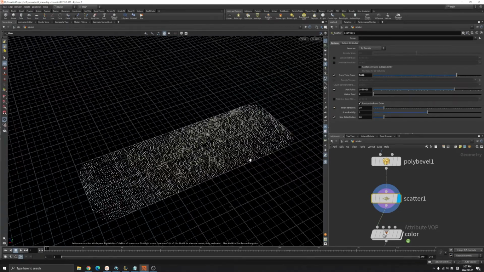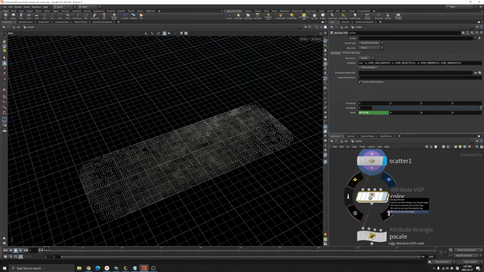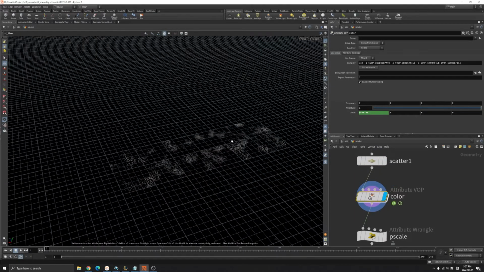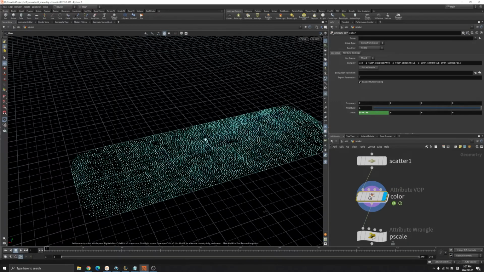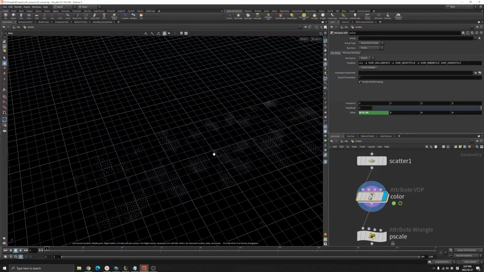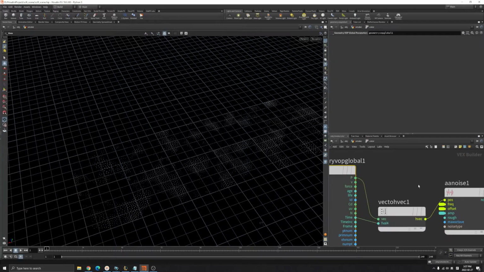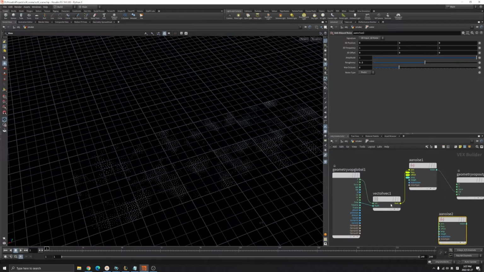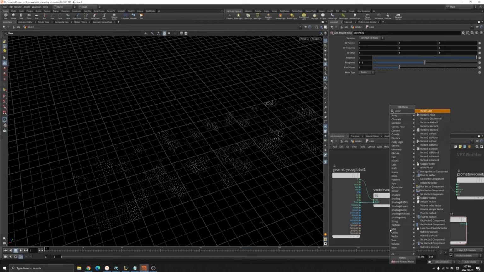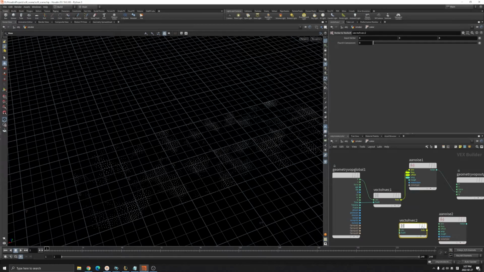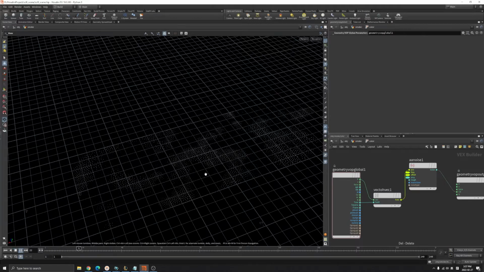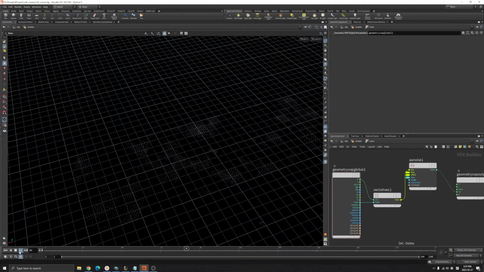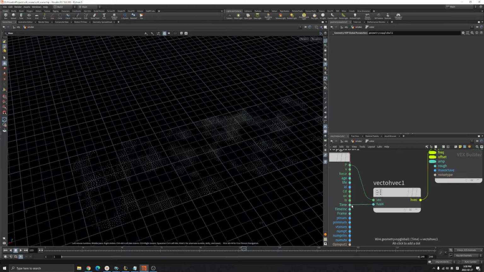So we got a bunch of points here, and I assign some color to it. You can see here, some points are black, and some are white. So it's easy. Create an anti-alias noise here, use a vector to vector 4 here and connect here. Okay, so when you play this, the noise moves in the X direction, because we have the time node here,